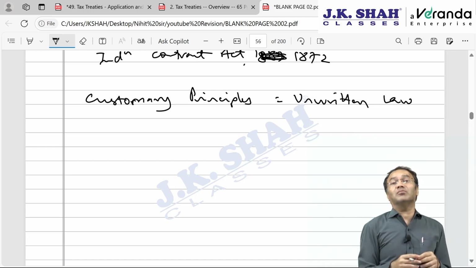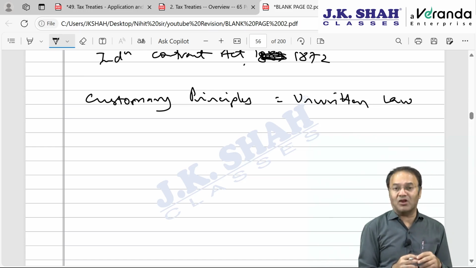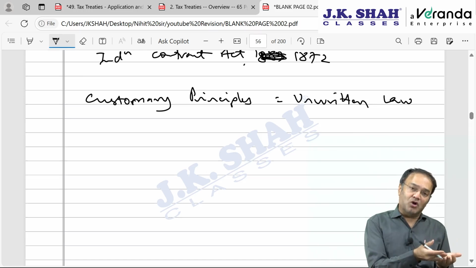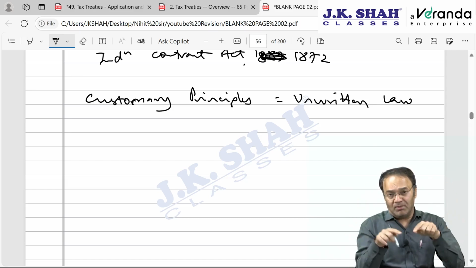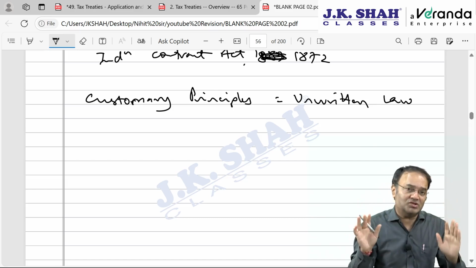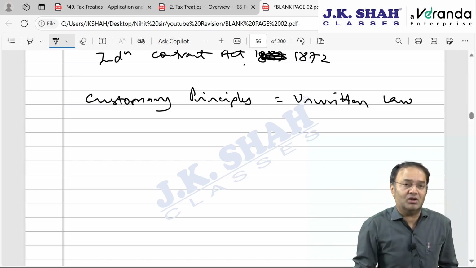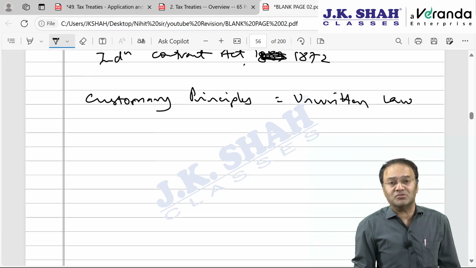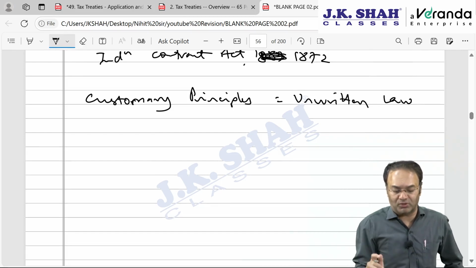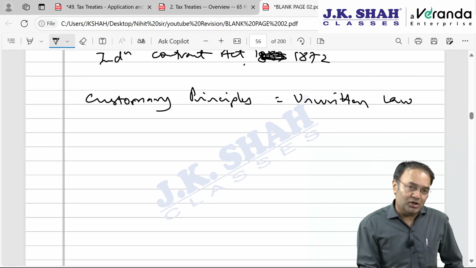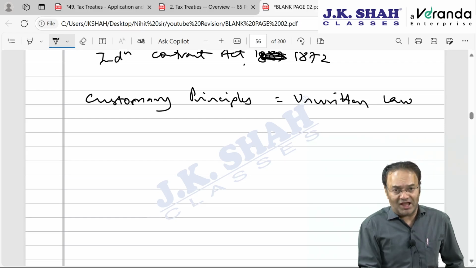Or suppose somebody who smokes, somebody who consumes alcohol, will you consume alcohol inside the public place of worship? Answer no. Is there any prohibition? Have you ever seen any placard or any board or any notice that smoking is not allowed here, or alcohol consumption is not allowed here? Such kind of notices are not there, but it is unwritten law that this is what is supposed to be done, this is what is not supposed to be done. That kind of customary principles were there to interpret the language of the treaty.